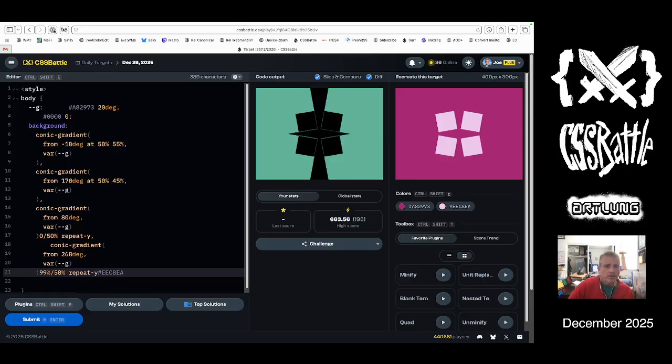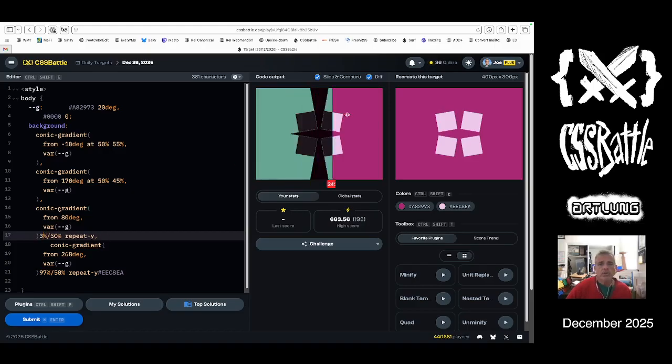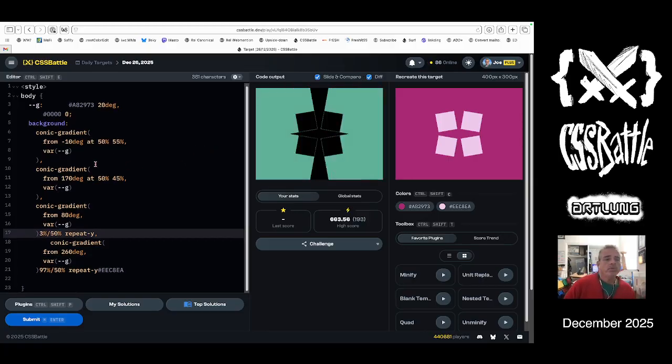99, 98, 97. Okay, and then this one is what, 1%, 2, 3. That's pretty good. So yeah, this is not an efficient solution, but that's okay. Do we get? So this has me thinking that one way to approach this,